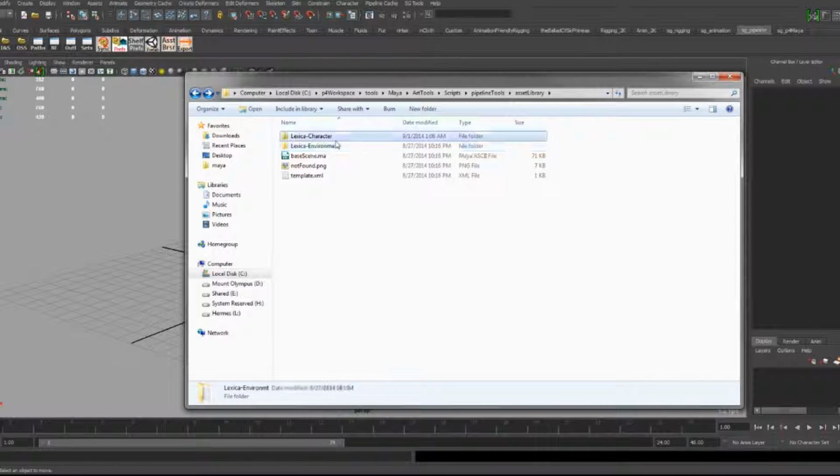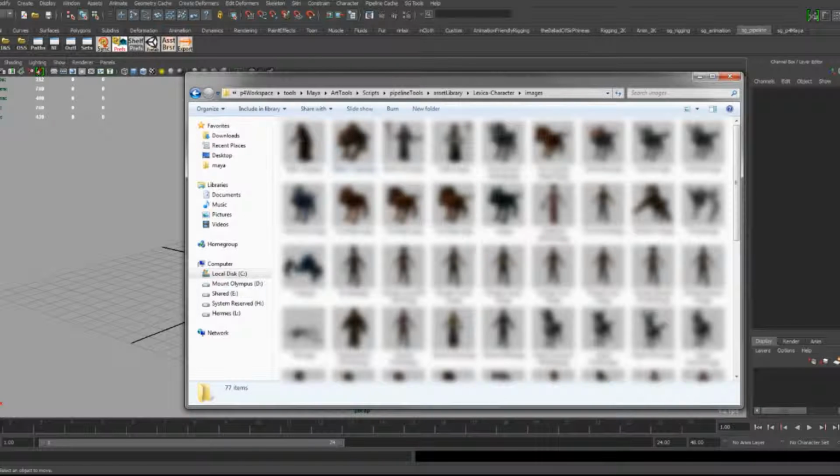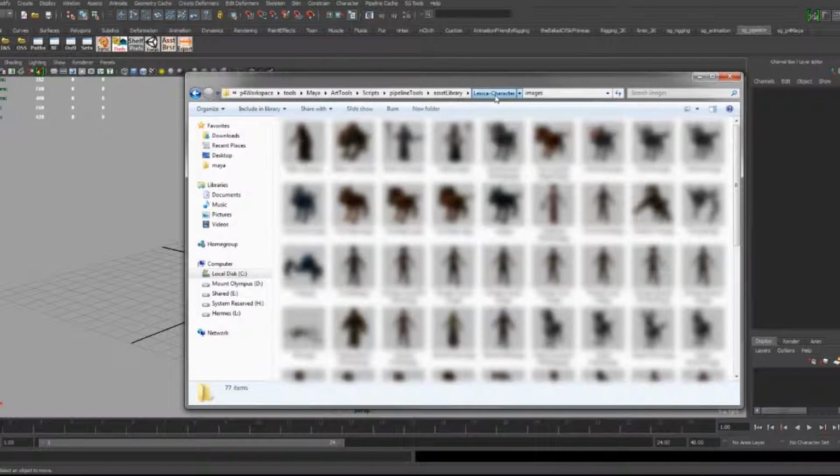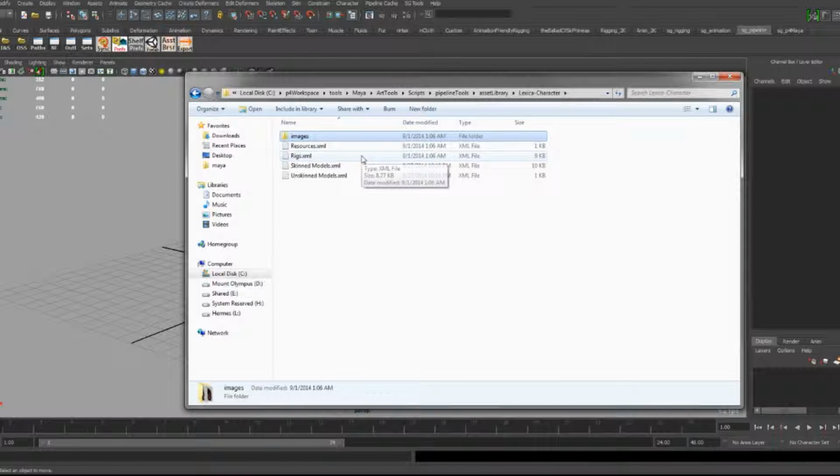Let me go to a little more of a juicy one here. I'll probably have to blur these out just for NDA reasons, but there you go. This is where all those thumbnails are saved. They're all saved in this folder. And if I open up one of the XML files here,